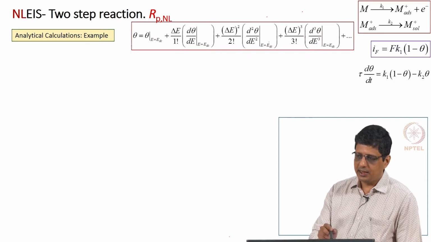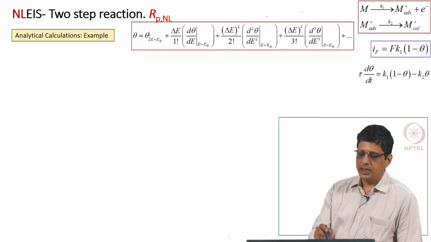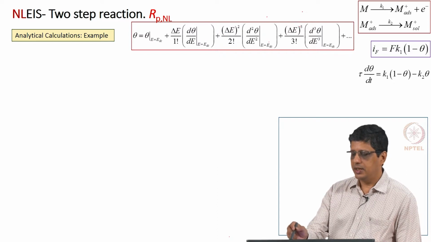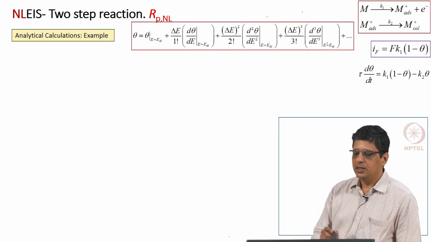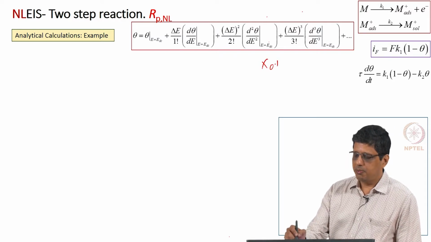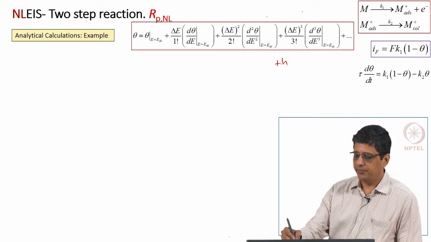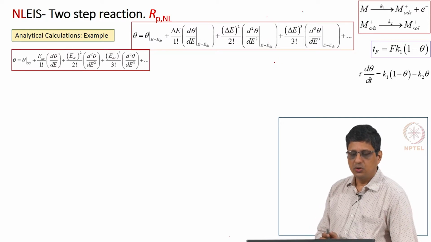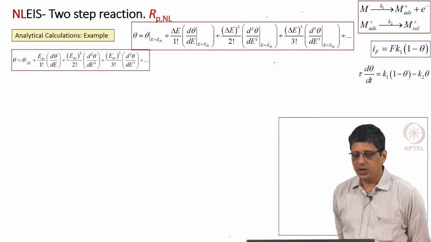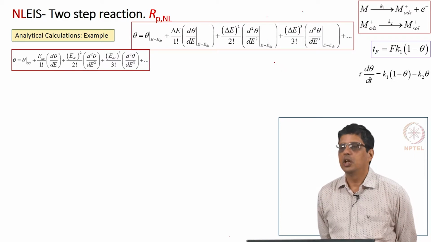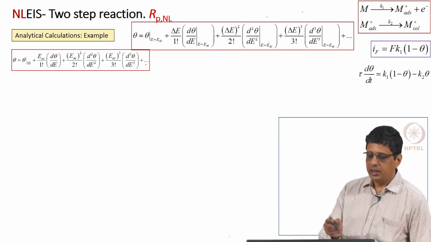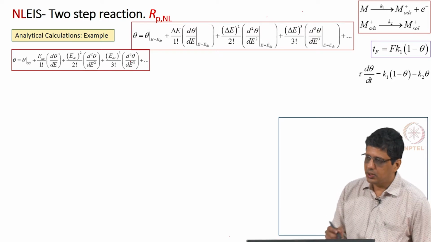I want to expand the theta in Taylor series. Theta around EDC, del E d theta by dE, del E square by 2 factorial d square theta by dE square, del E cube. This is how we would expand in Taylor series. We would expand around x 0 plus h, this is similar to that. Now, del E we can replace by EAC. So, I can rewrite that as EAC, EAC square, EAC cube and so on. Now, I can't say that EAC is small, therefore, I can't say I can neglect these terms. I actually want to use these to calculate